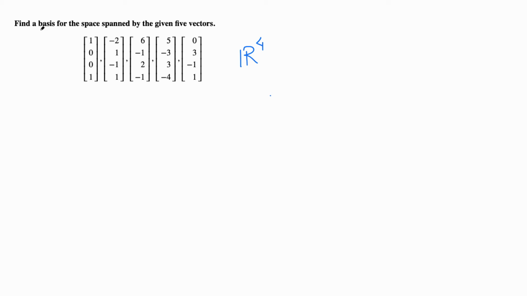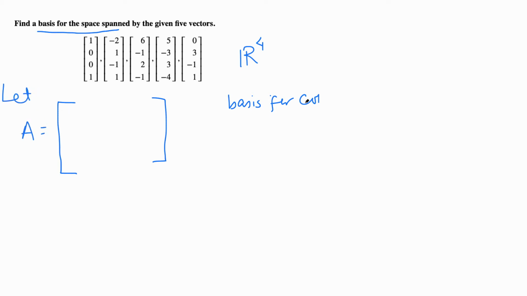So this problem, finding a basis for the space spanned by 5 vectors, is the same as when we put them in a matrix form, these columns here, and this problem will be then the same as finding a basis for the column space, let's say this is A, column space of A. What we do then, we just row reduce this and look at the columns containing pivot elements. If there are pivots in first, second and fourth, then the basis will be first, second and fourth vectors, and